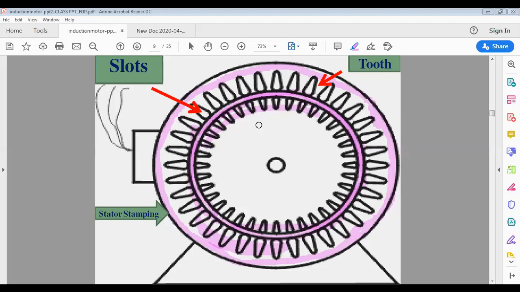But whatever the 3 windings are there, R phase winding, Y phase winding and B phase winding, connected either in star or in delta, these 3 windings you can design on the stator. You can distribute all these windings on the stator in a number of slots for 2 poles, 4 poles, 6, 8, for an even number of poles. Depending on applications, for the number of poles on the stator, the windings are wound. Clear to all of you?